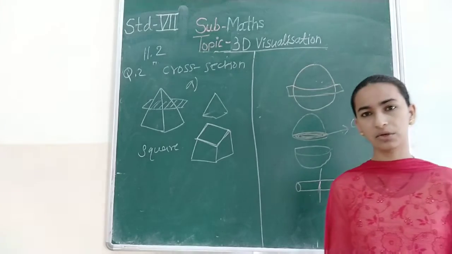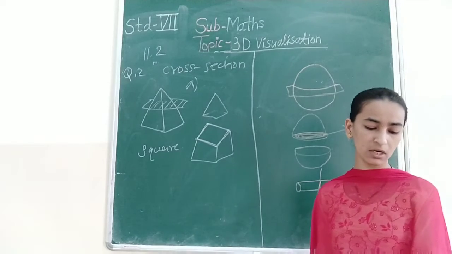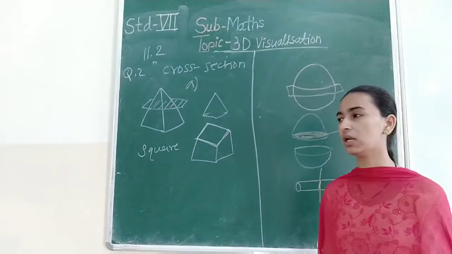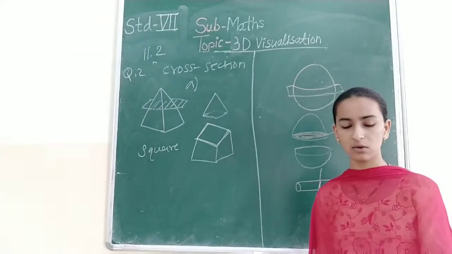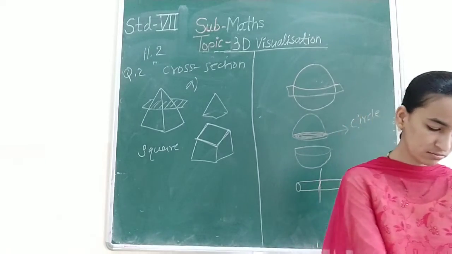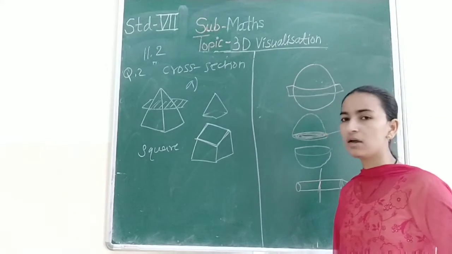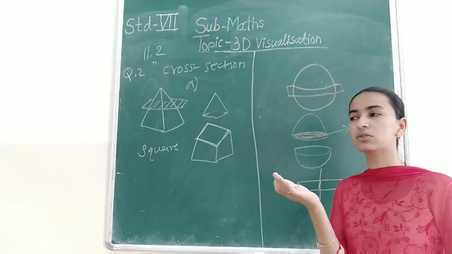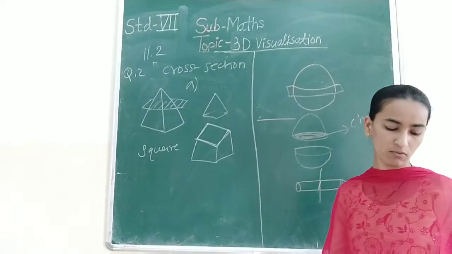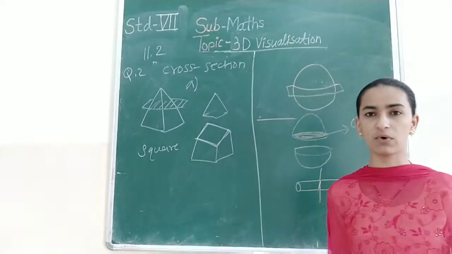Now question number 3. Question number 3 is, what cross section will we get when we cut each of the following solids horizontally and vertically? Okay. When a dice is cut vertically, what shape will you get? Yes, students. It gives a rectangle. You are having a dice, you are playing with that. When we cut it like this, that means horizontally, it gives a rectangle. Or vertically it also gives a rectangle. Tell me the answer for that. Question number 3 is for your homework.